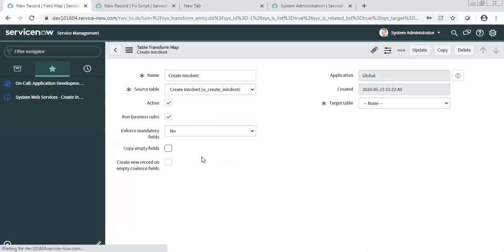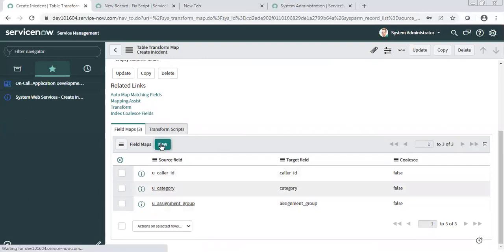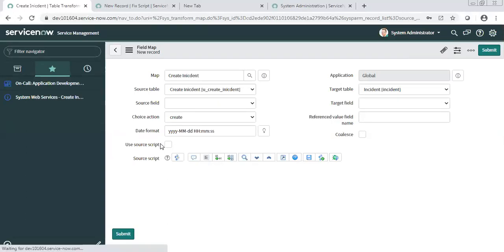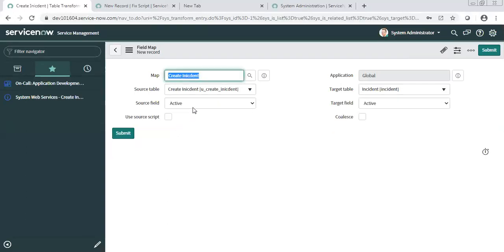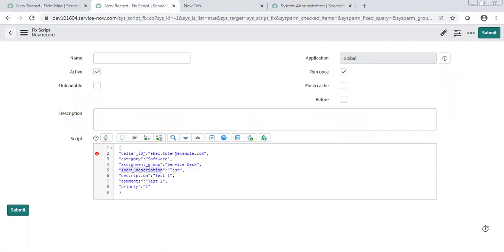Choice action is always ignore, not create. It depends on your use case. If you want the assignment group sent by the third party tool to be created when it doesn't exist in your group table, then you select create. I don't want that to be created in my target table. Okay. Choice action is used in the transform map in case of a choice field or a reference field. That means if there is no such choice in a particular field and it was sent by the third party tool, what do you want? Do you want to create, ignore, or what? And similarly for a reference field, if the data doesn't exist in the reference table, what do you want to do?